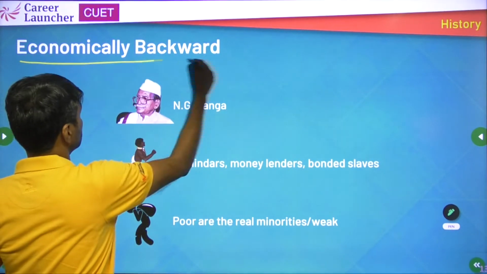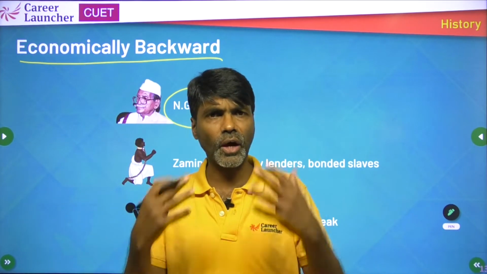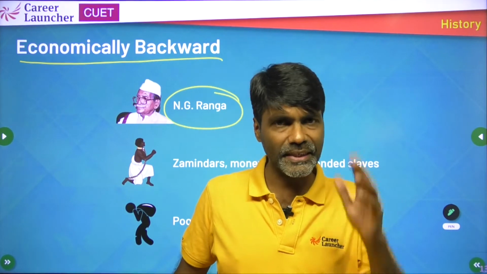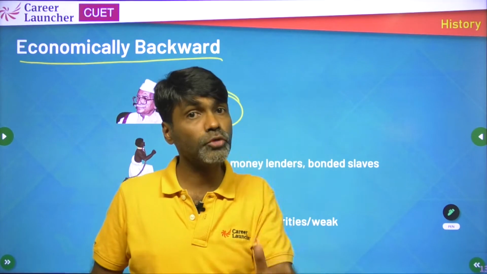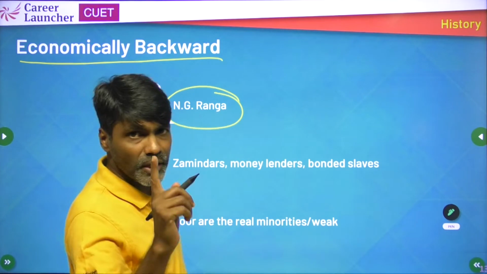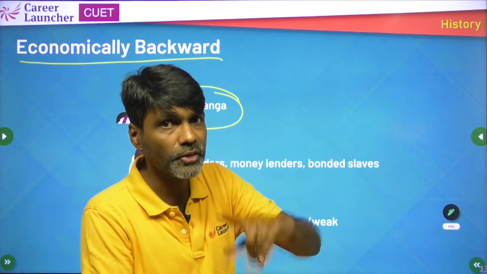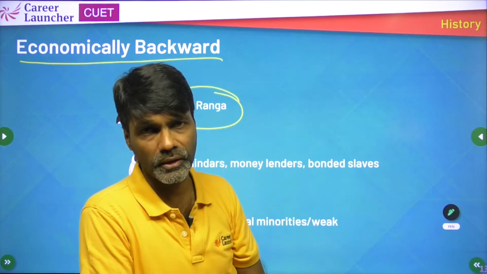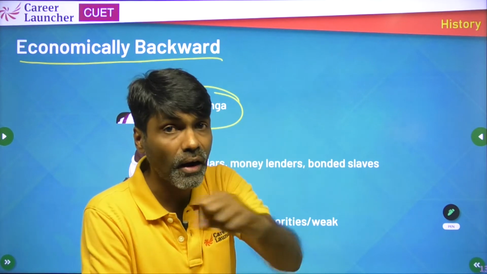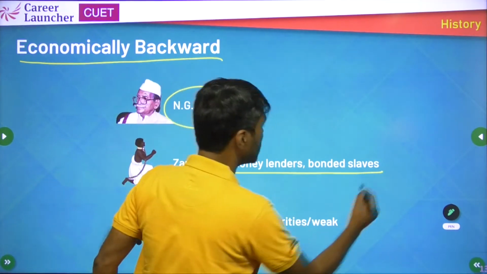The second one, Professor Ranga, had worked for the poor and the downtrodden all his life. He was a Gandhian who dedicated his life for the Indian independence, but also for the emancipation of the poor. And he said that the real minorities are not the religious minorities. Don't look at it like that. He said the real minorities of the country are those who are economically backward, who are left backward because they haven't got access to education. And he fought very hard in the constitution framing for these people, and a lot of it got enshrined.